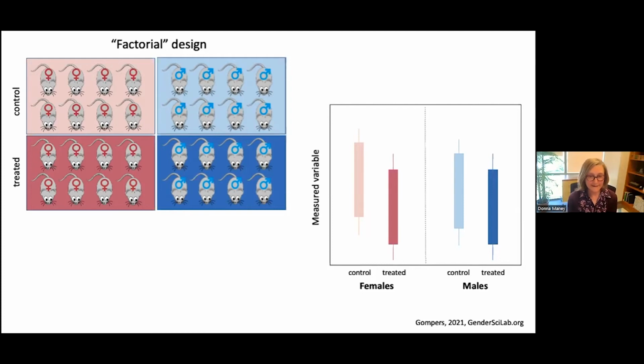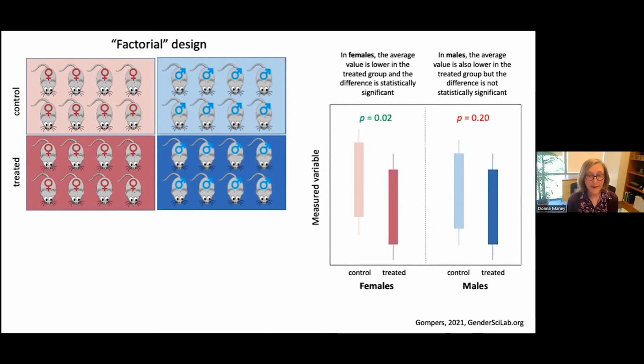So let's say in this example that we do this, and for females, there's a significant effect of the treatment. So our p-value is below our alpha of 0.05. But then let's say that in males we get a p-value of above 0.05. So what do we conclude here? Is this a sex-specific effect, meaning that the treatment had an effect in females, but not in males? Well, the answer to that question is that we haven't tested here whether the males and females had a different response to the treatment, because we haven't compared the sexes with each other at all. We tested for effects of treatment within each sex.